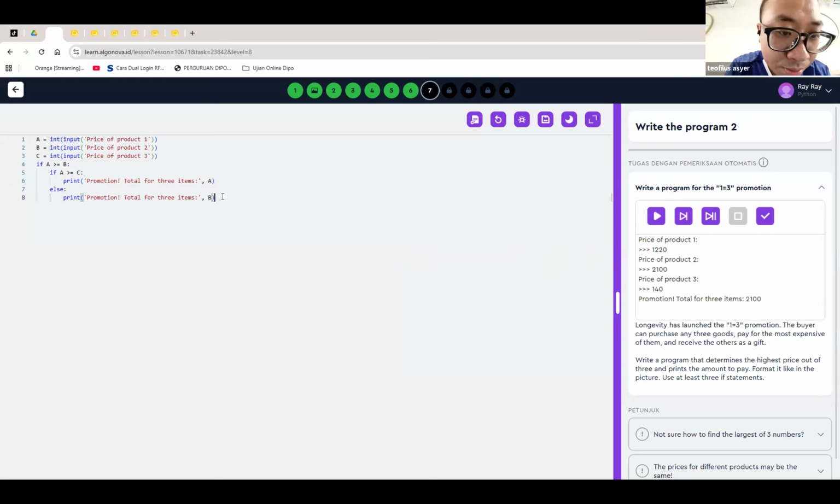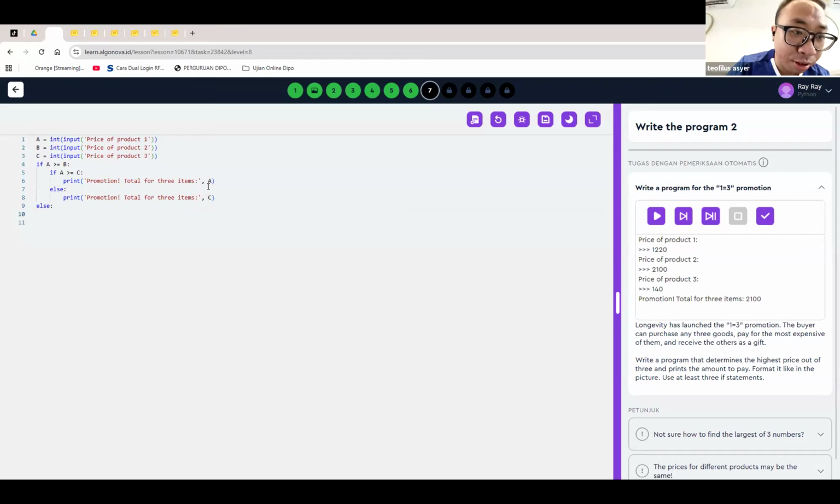No, C, right? Not B. C. Yeah, C, because it's actually talking about C, the else, right? Now, after else, you can go to the next line and please continue this if after if else in here, right? The else, okay, the else is actually enter, not print, sorry, not print.